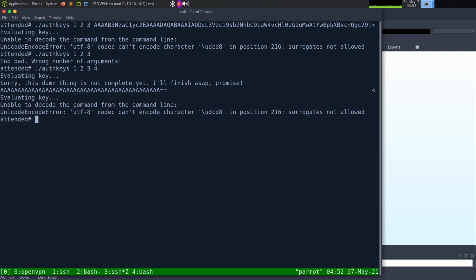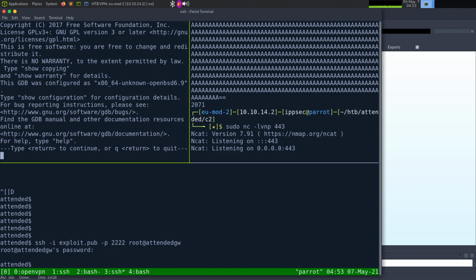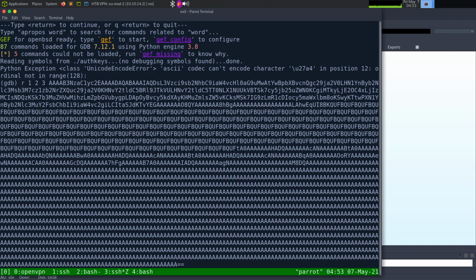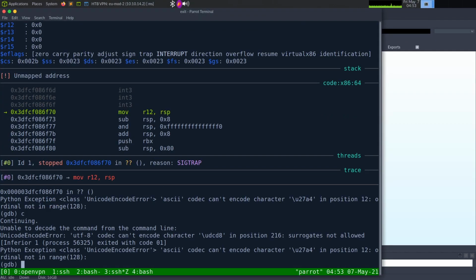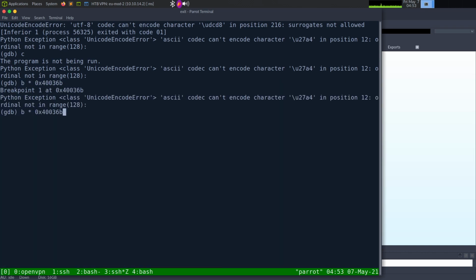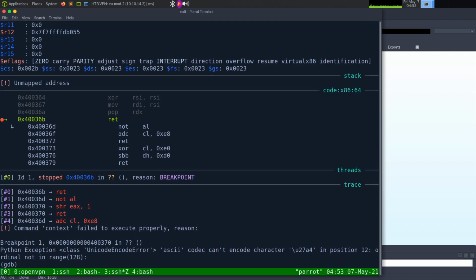What? Let's do egdb. AuthKeys. Run 1, 2, 3, paste. We should break on that return. Run it again. So we got,